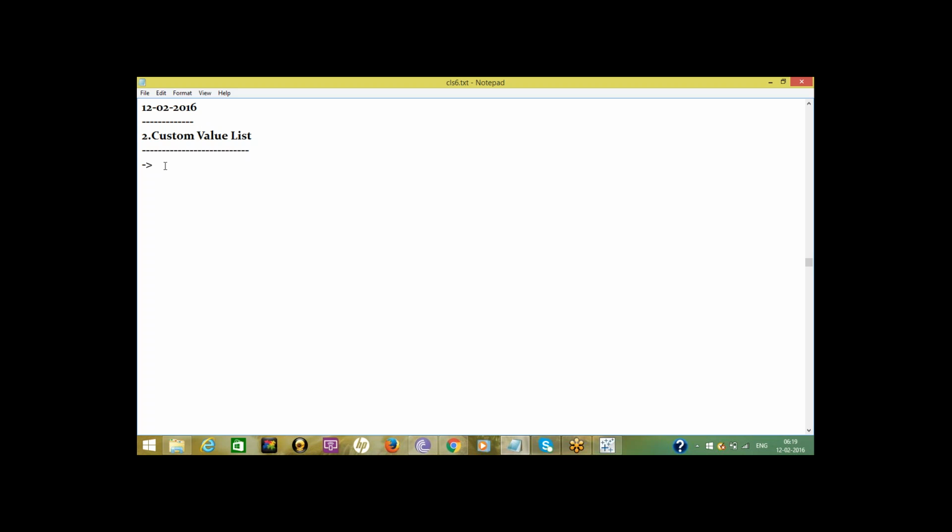Okay, custom value list. By using this option, we have to enter the list of values manually.